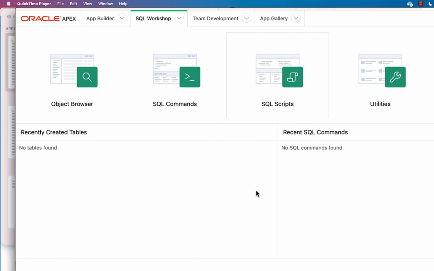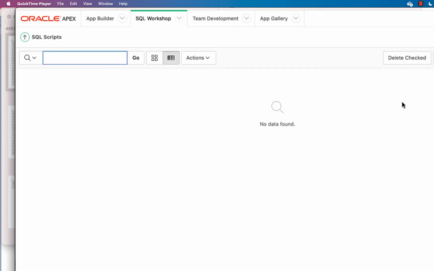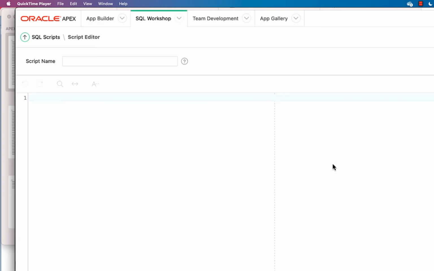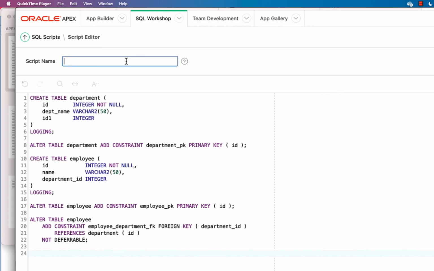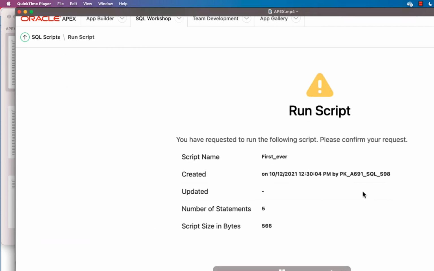Here we can upload that DDL file, or we can simply copy that DDL file and paste it here, just like this. I can name this script any name. Then obviously I have to run it. The run button is not shown here, but run script, then run now.